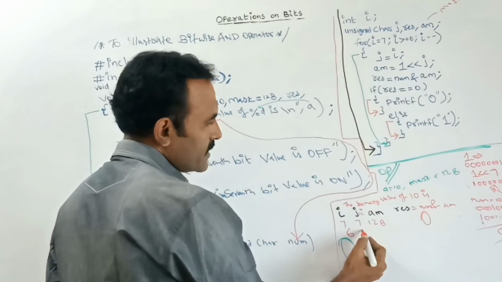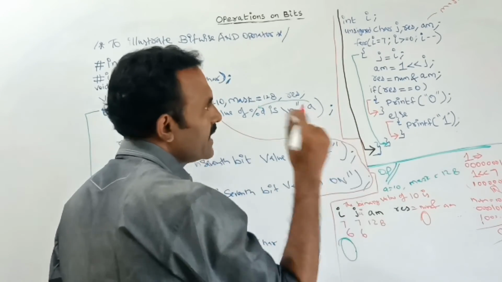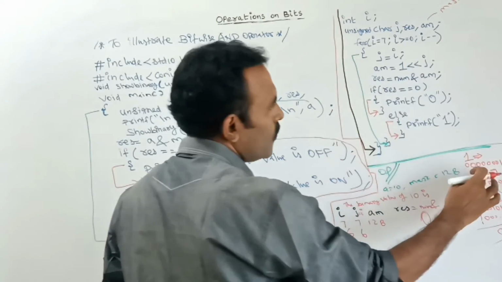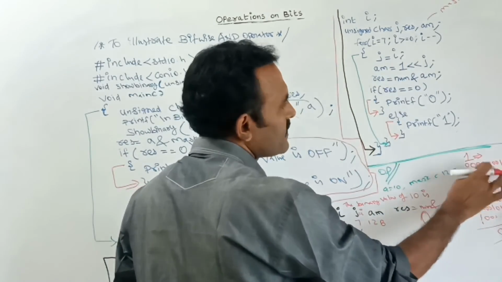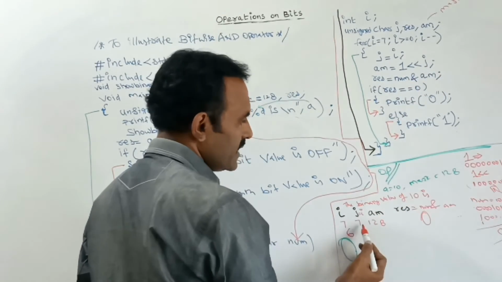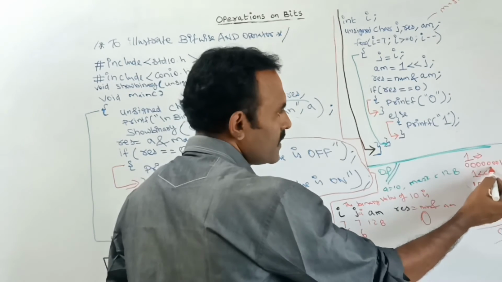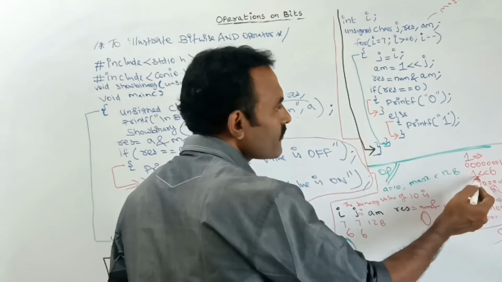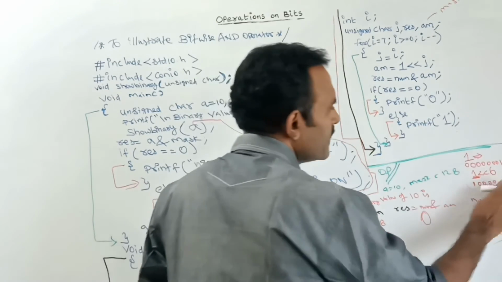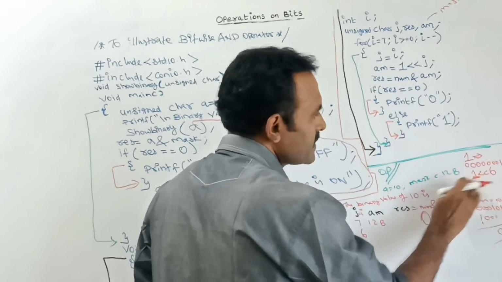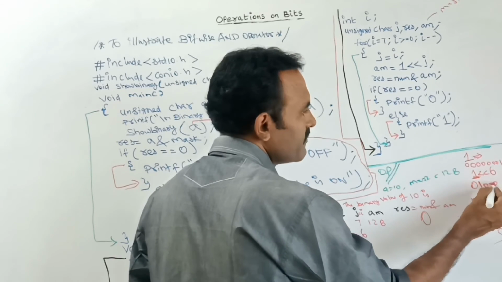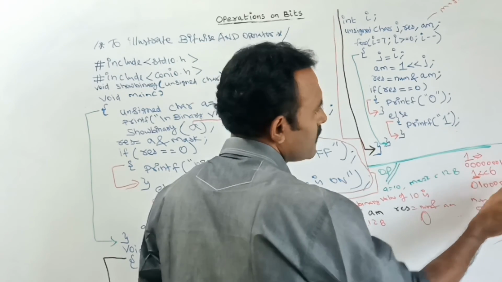Here J is equal to now 6. What is the AM value? Here AM is equal to 1 left shift of jth value. J value is 6. So 1 left shift of 6. If you are left shifting 1 with 6, then what is the answer? Here this is the answer. At the 6th position, the value will be 1. Remaining every position will be 0.